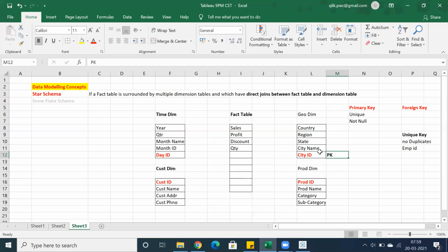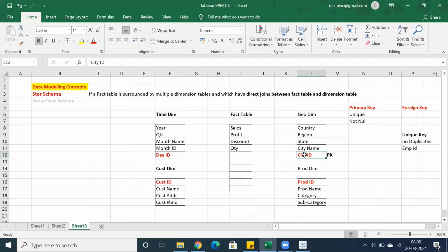So whenever we load the data, if it is a primary key and you try to load duplicate values, it won't take. It won't load the duplicate information into this column. Even though we try to insert the data, we get an error because it won't allow duplicates. That's the importance of primary key. So when you set employee ID as a primary key, it won't allow duplicate employee IDs, and it won't allow null values.